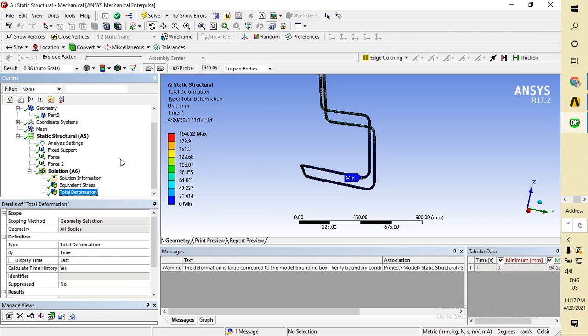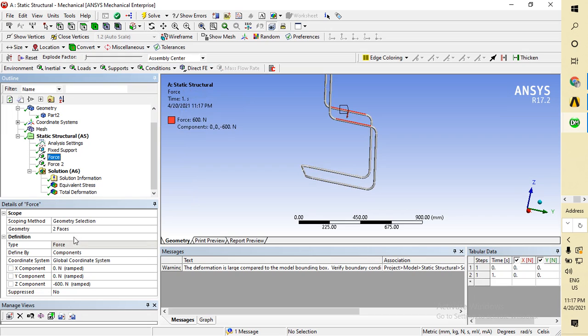It means the stress shown that it is already a failure condition. So we have to do some correction here.